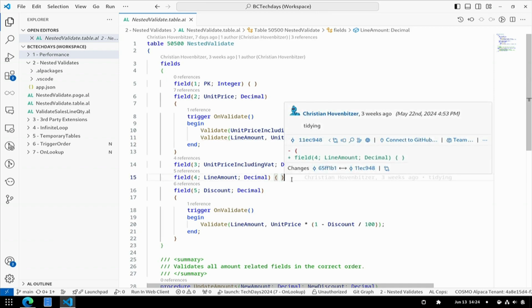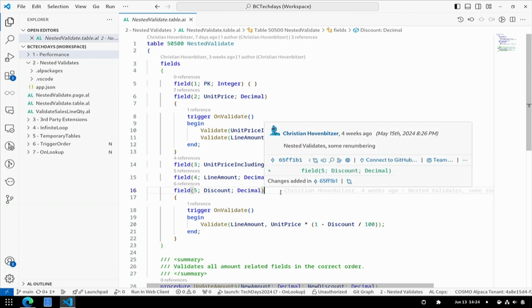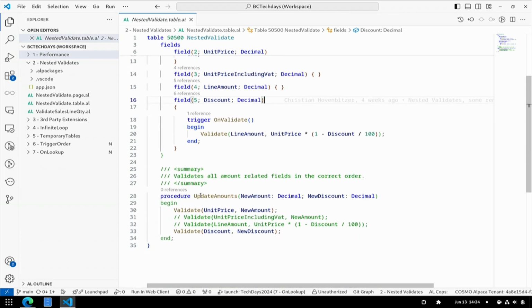But everyone using the table doesn't necessarily know that. So the way I solved this was to create a function. This function gets an amount and a discount and validates these 2 fields in the correct order.